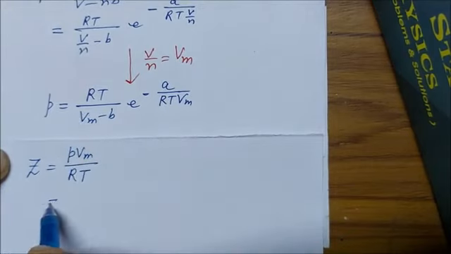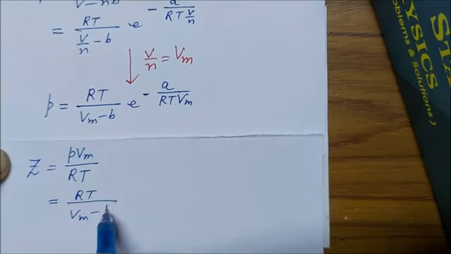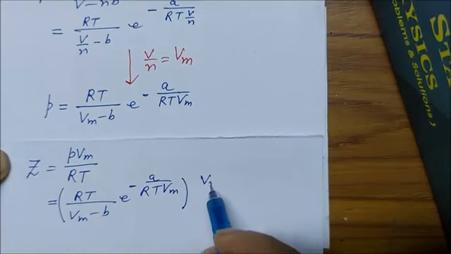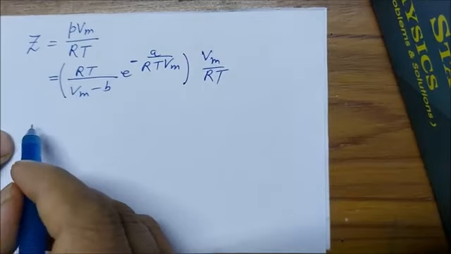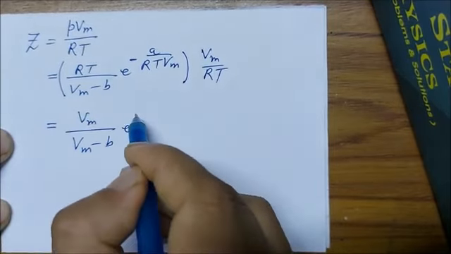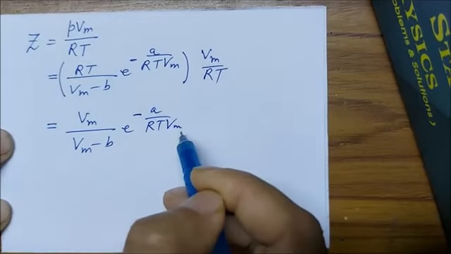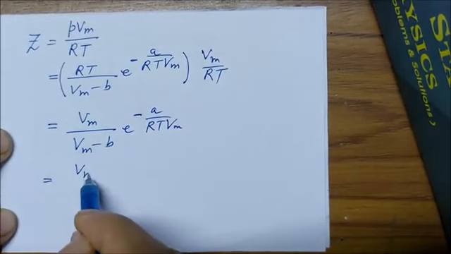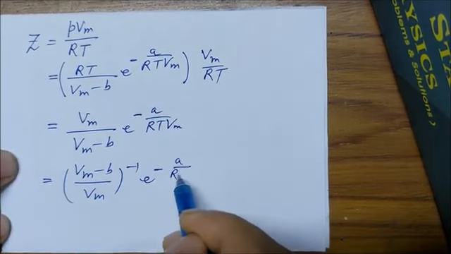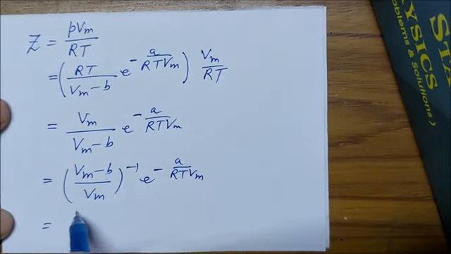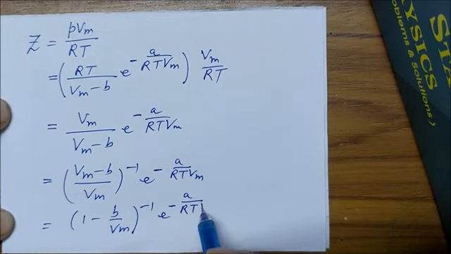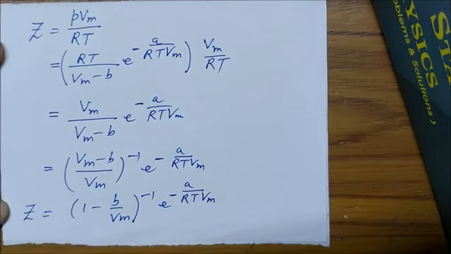Putting expression of P, and this gives, RT cancels out, and this can be written as, on the left hand side we have Z, expanding it we get